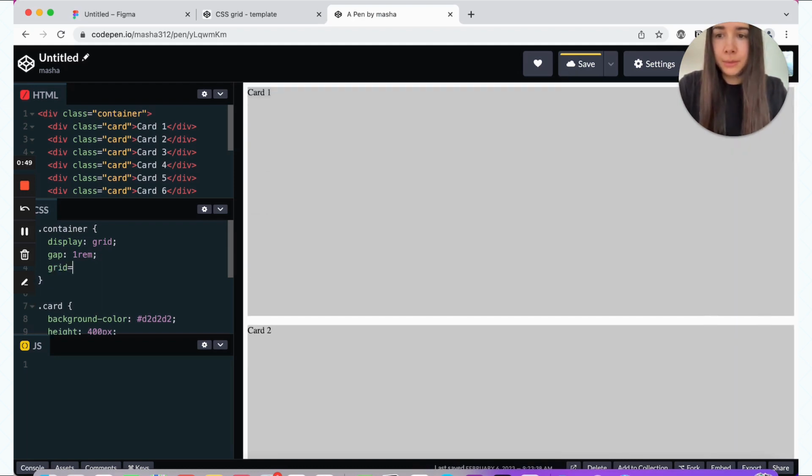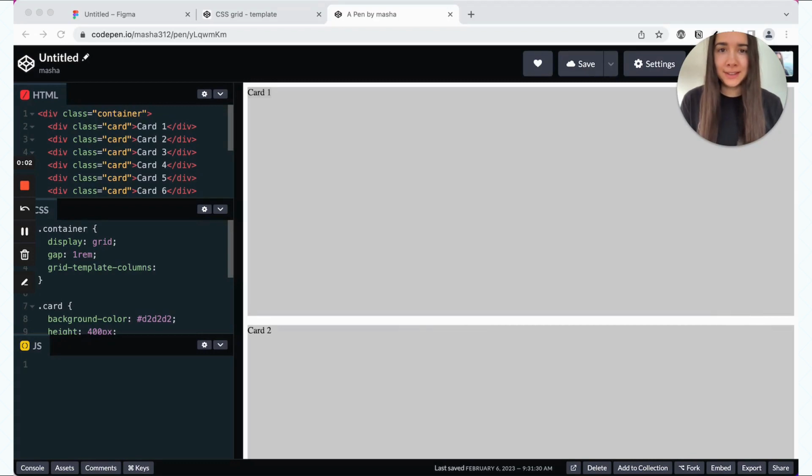And then from here, we will do grid template columns. Now let's talk this over and think like, what is it that we want our grid to do for us? So the first thing is that we're using columns because this is a column layout, so more or less straightforward. But then what we want our columns to do, essentially we want our grid to fit in as many columns as possible on our screen, as long as those columns meet a certain minimum width.